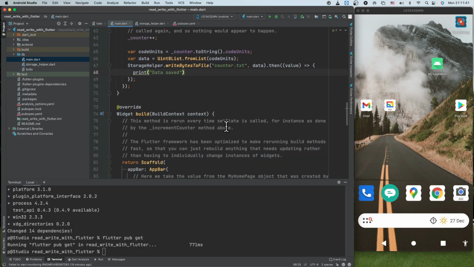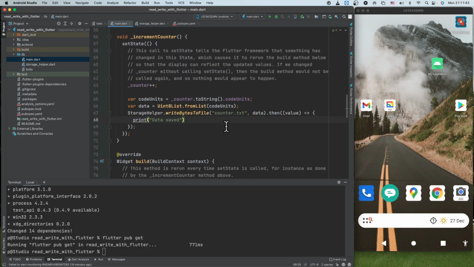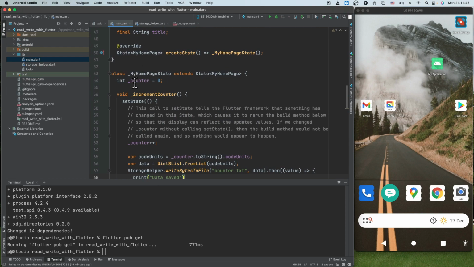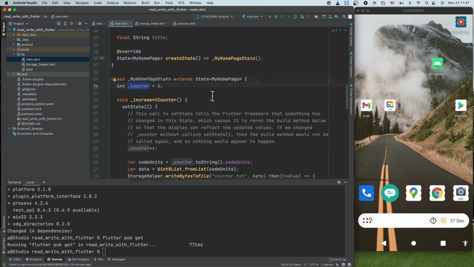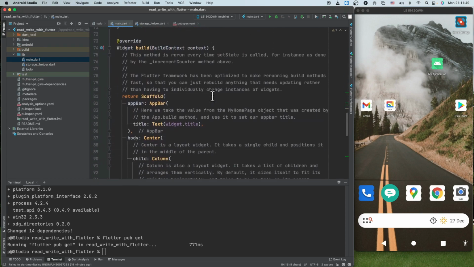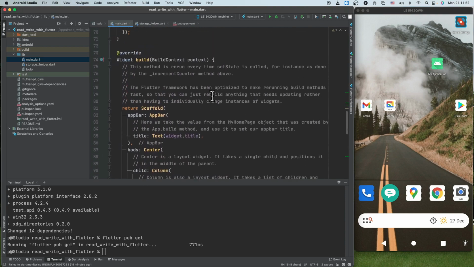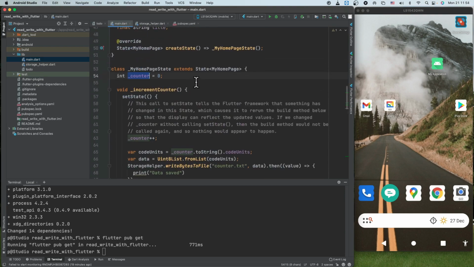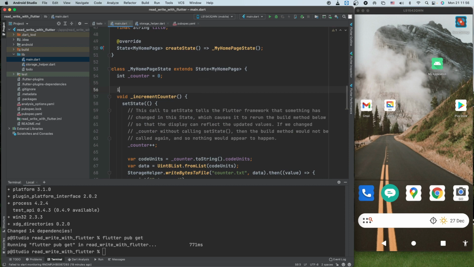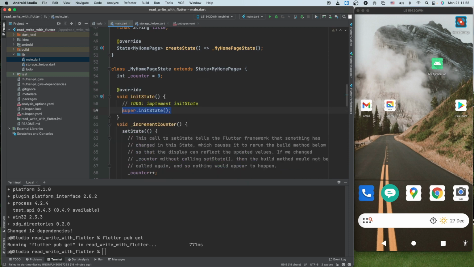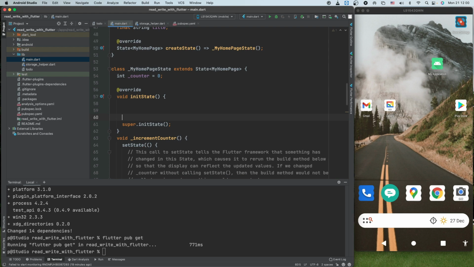and similarly when this app is starting and our counter is 0, what we need to do is set it up. So we'll say init state, and here we'll read the data.